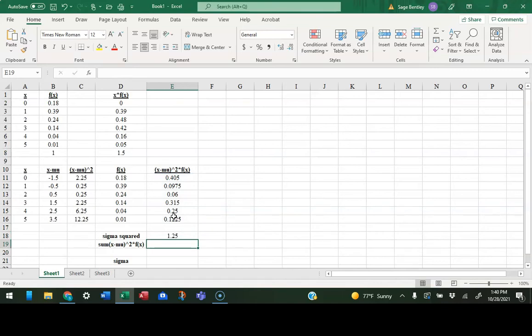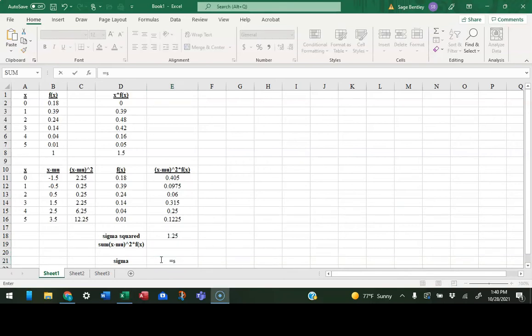Okay, and again, that number doesn't have a point of reference. It doesn't have a label, which means it's just a number. What does that mean? So since I have squared things here, I can unsquare, okay? And that will give me sigma, which is my standard deviation. So let's do this. And I have SQRT, which is the square root.